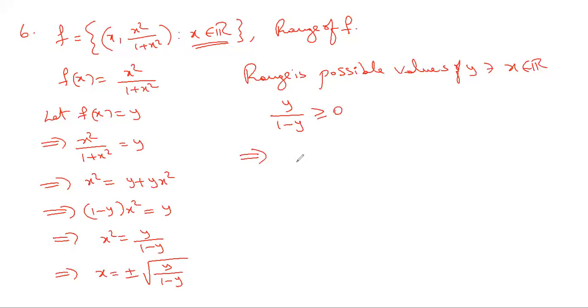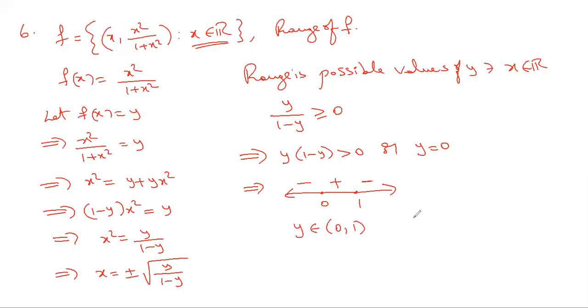That implies a fraction is positive if the product of numerator and denominator is positive. But equal to 0 can be given only to the numerator. That implies the Wavy Curve method, the well-known method for us, the 0 is one root and 1 is one root. And the y square coefficient is negative, should start from minus in the rightmost, and then the plus, and then the minus. You want the product to be positive, so y belongs to open 0 to 1. And y equal to 0 is there. So y belongs to closed 0 to open 1.